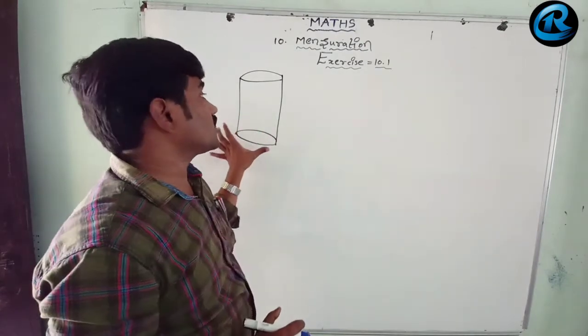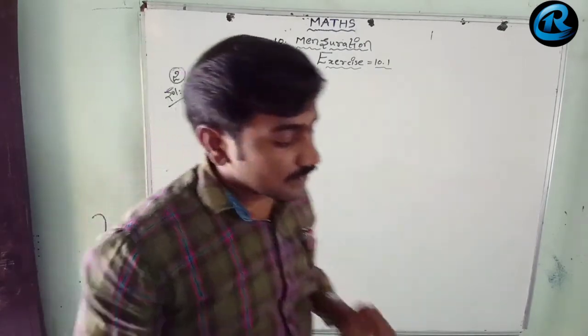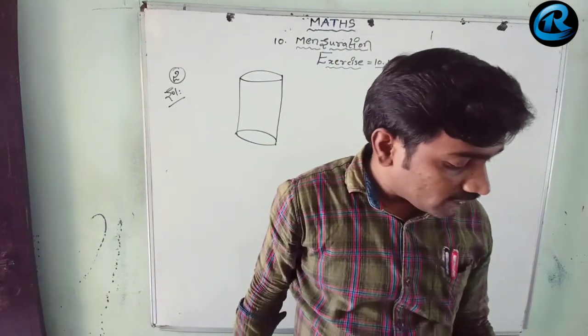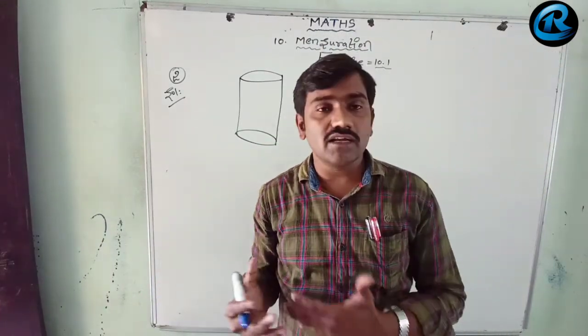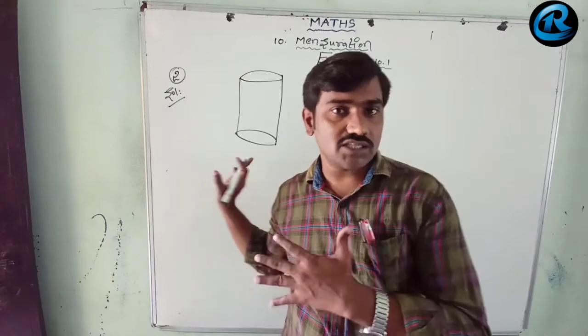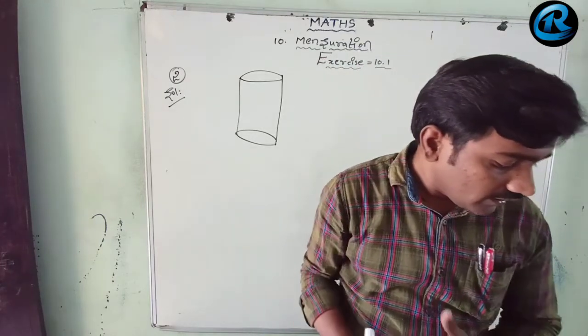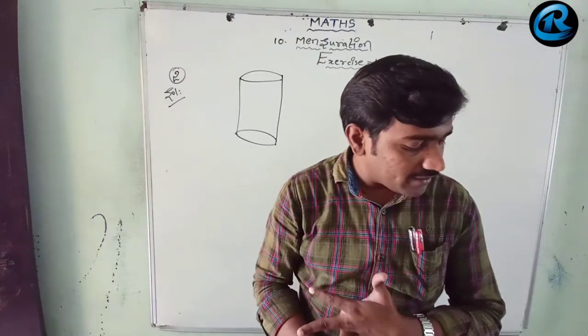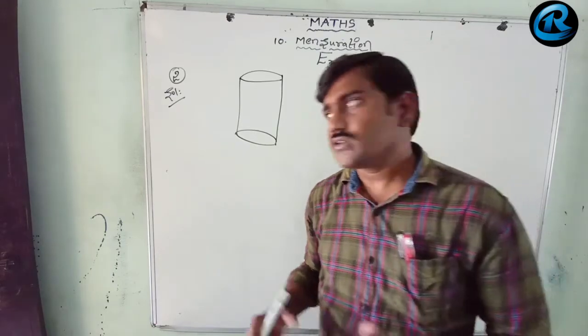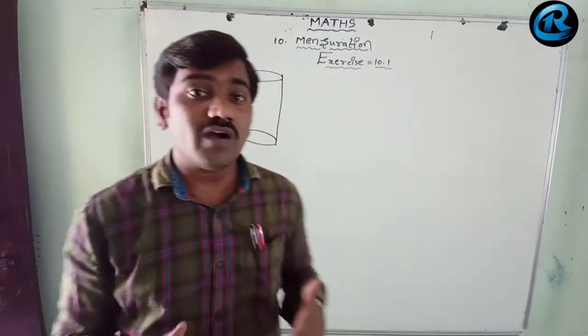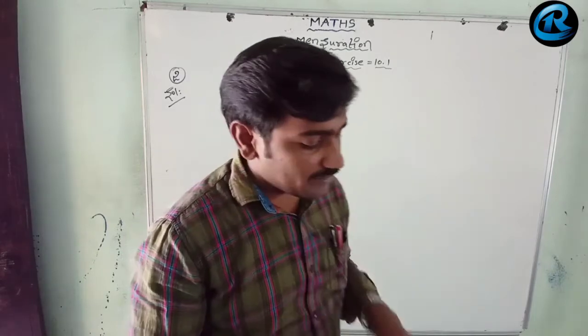We have to find out the total surface area of a cylinder here. That's why I am explaining this. We require 100 paper cylinders for packing, 100 such things. So what are the required dimensions of the cylinder? The company has ordered, but what dimensions do they require? The dimensions are given.